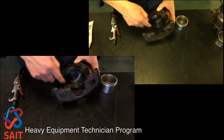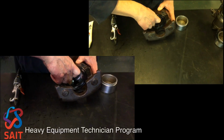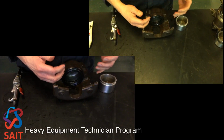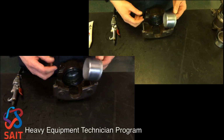Okay, so the seal is now installed, the dust boot is in there. We just want to always run your finger around there, make sure it's in the groove properly. If it's not completely seated in that groove, you're going to have a real hard time getting the piston in. So now the trick is, because the boot is in the caliper and the piston is not, we've got to